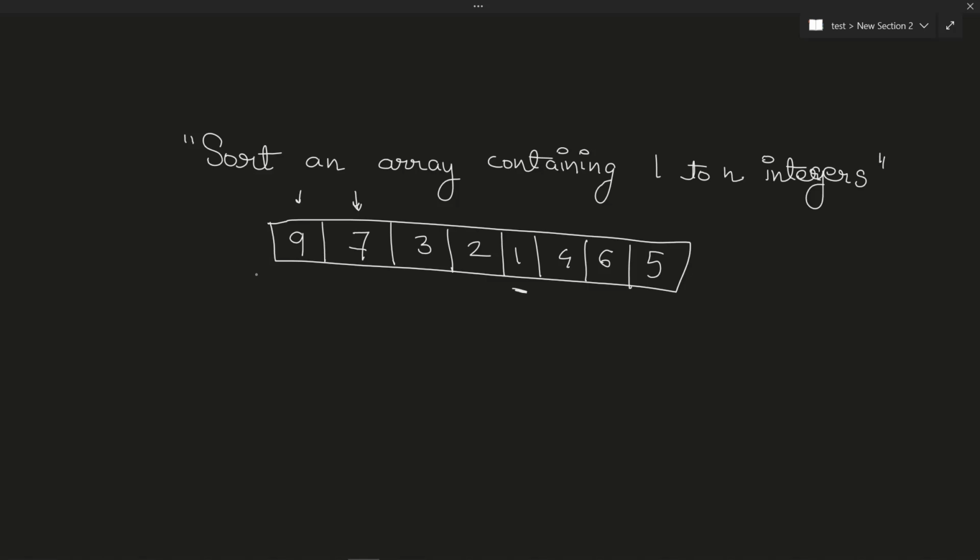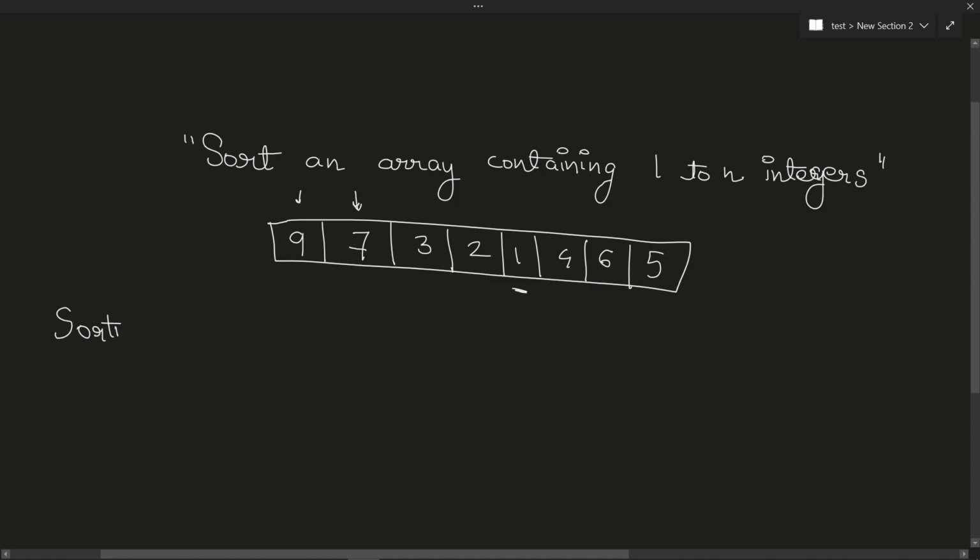If you want to try this on your own, you could pause the video, try it out, and if you do not get the solution, let's check the solution to this problem. First, let's talk about the non-optimal solution that we would use to solve this problem. The first thing that comes to your mind is using a simple sorting algorithm. We can use any sorting algorithm. That's the most simple thing that comes to your mind.